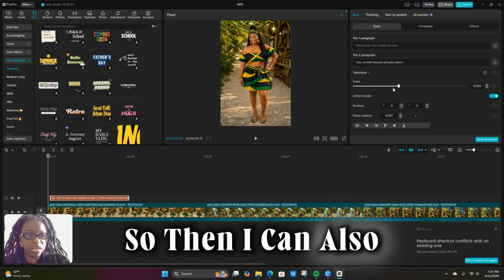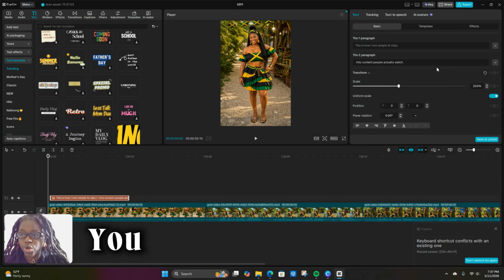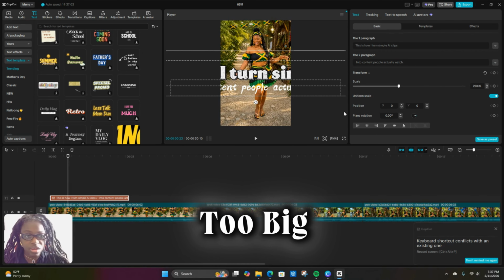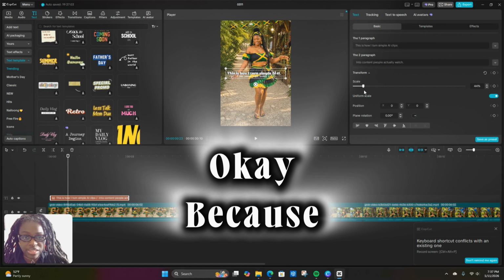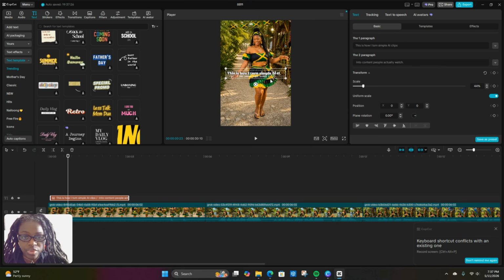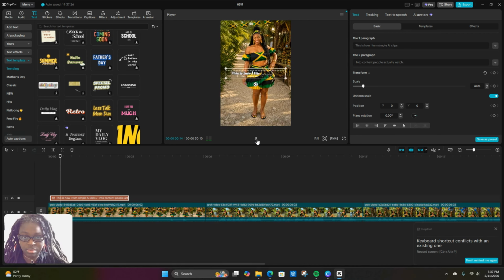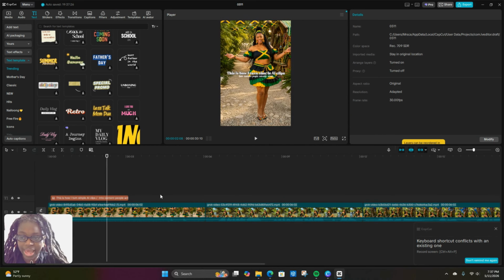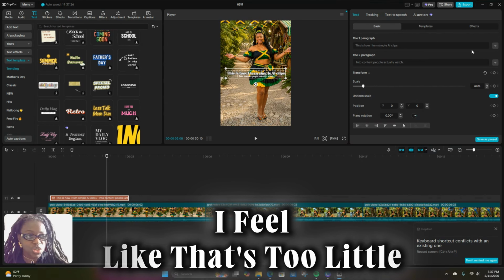So then I can also scale it. I have the option to make it look how I want it to look, right? So this is going to be too big, right? So I want to scale it down, okay, because that is way too big. And then let's see what it looks like. And if I'm looking at it where it says into content people actually watch, I feel like that's too little,